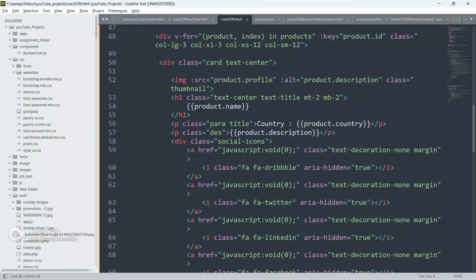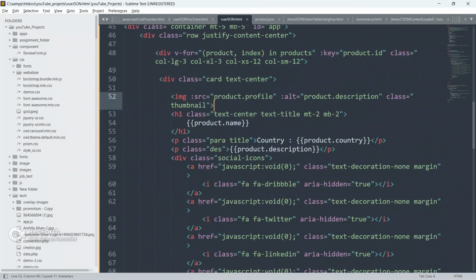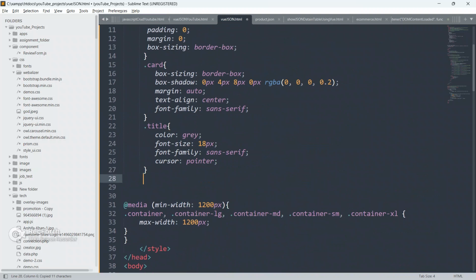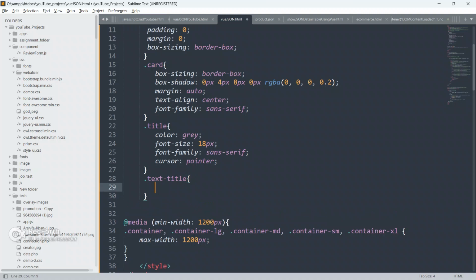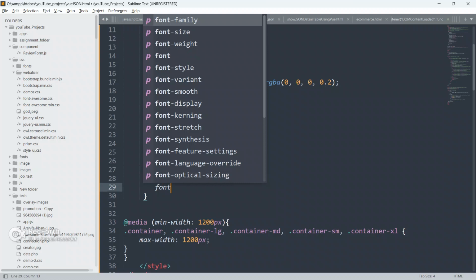Go again to the code editor, and copy this text title from here, paste it here, and we will style it now.